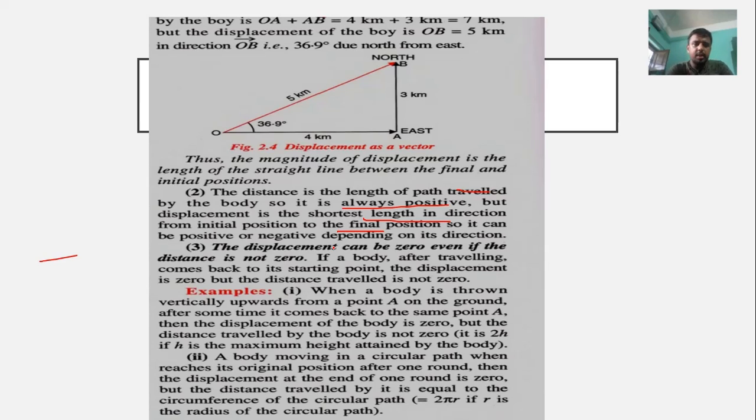If a body traveling comes back to its starting position, the displacement is zero. Means if you started from Delhi, you reached Bhubaneswar, then you went to Mumbai, then went to Ahmedabad, and then came back, in that case what will happen? The displacement would be zero. Okay, when a body is thrown,